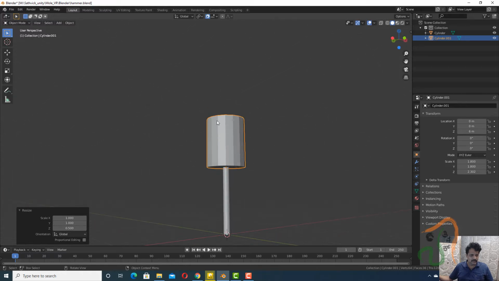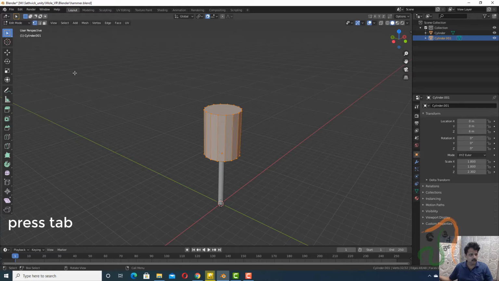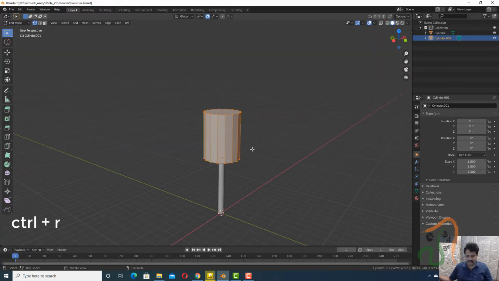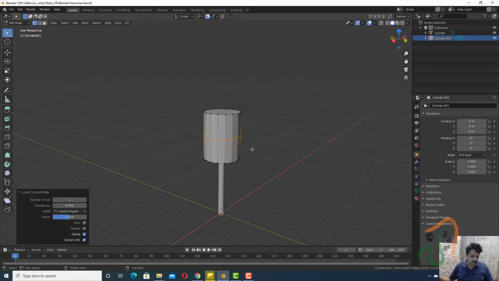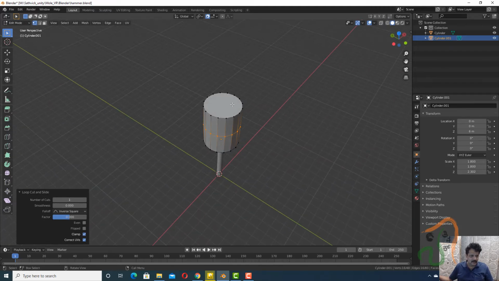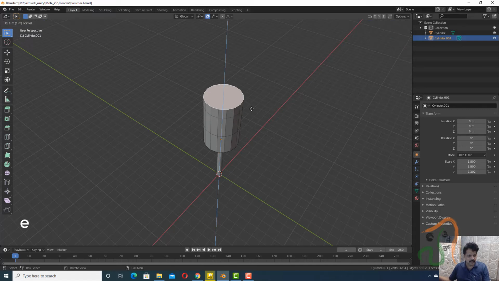And after this, to make this top hammer part look like a hammer, what we shall now do is select this top hammer part and press Tab to enter into the edit mode. And in the edit mode now, first let us press Ctrl R and add one center edge loop. Click twice to apply that edge loop. So we have added one edge loop at the center. Then come to face mode, press 3 on your keyboard. You are now in face mode. Select the top face and then now press E to extrude it slightly.